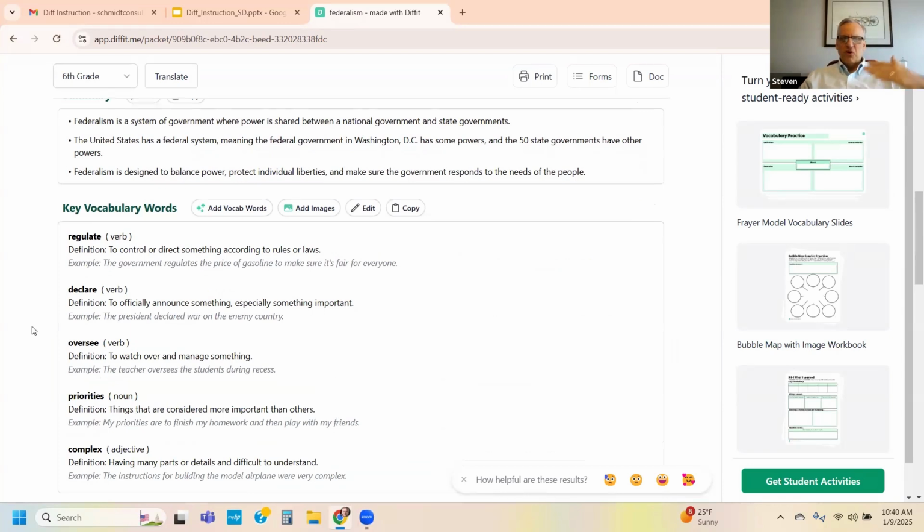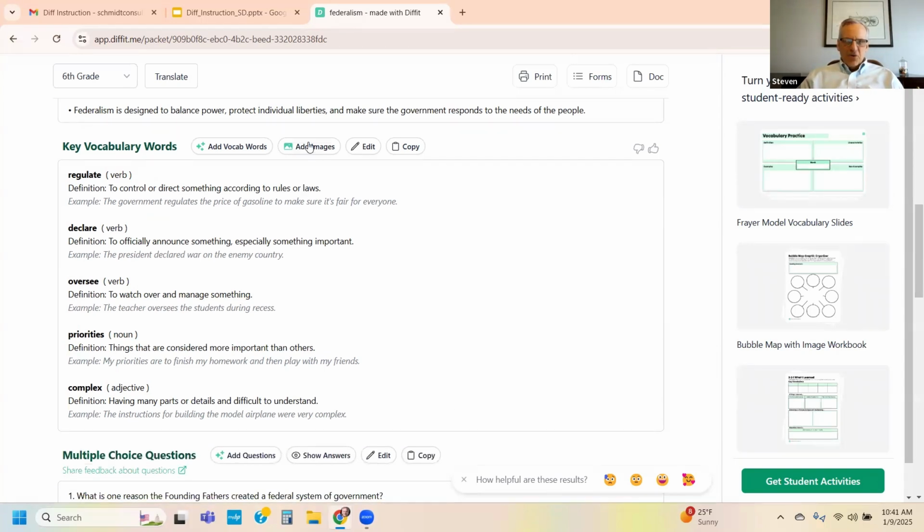We have key vocabulary words that come from that passage, which are defined. They do a decent job of giving a fairly simple, straightforward definition, and that's based on grade level as well. You're going to get a more complex definition at the higher grade levels. And you can add images to this. You can edit if you're not happy with the definition they've given you,